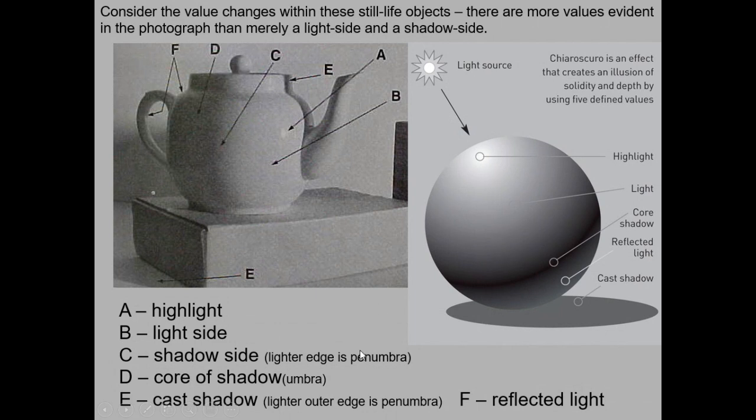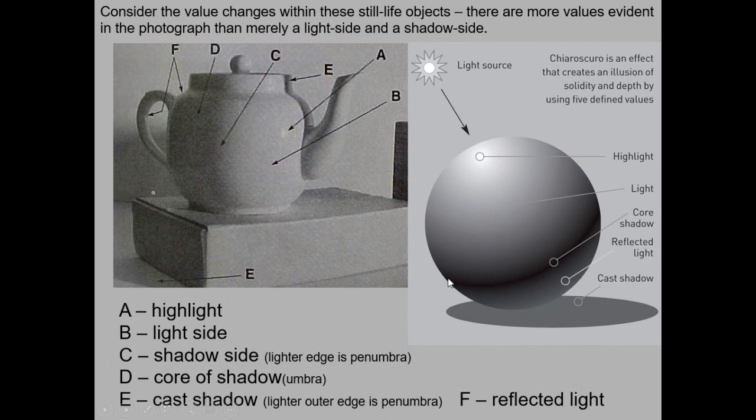The range of value. Value is the term that we use for all of the variations from lightest to dark we're able to make using either what we call flat areas of tone or using hatching or cross-hatching. Regardless of how we do it, we need to be aware of where the light source is, where the light is coming from,